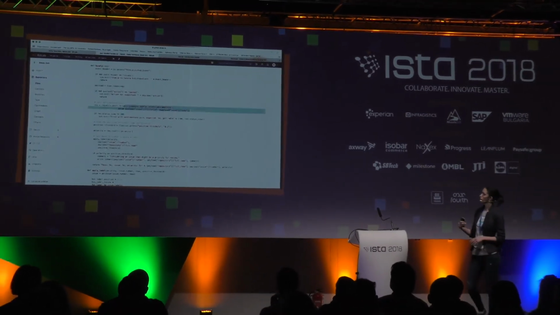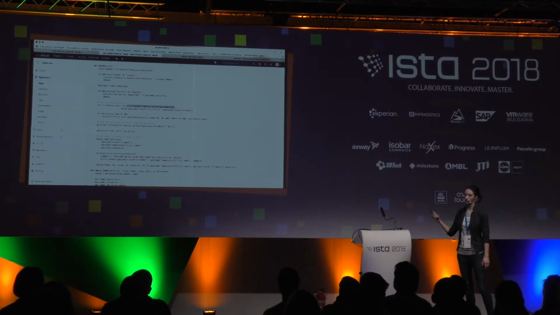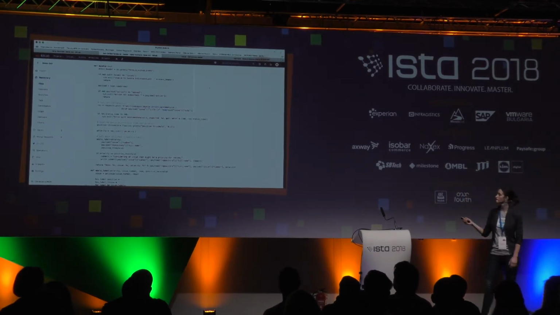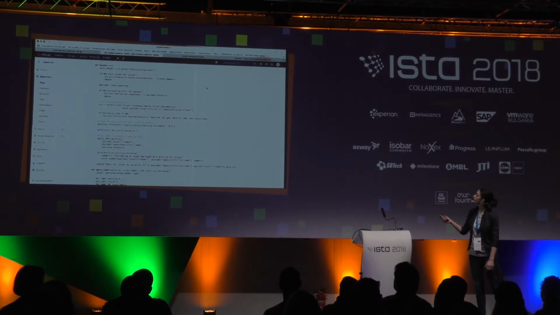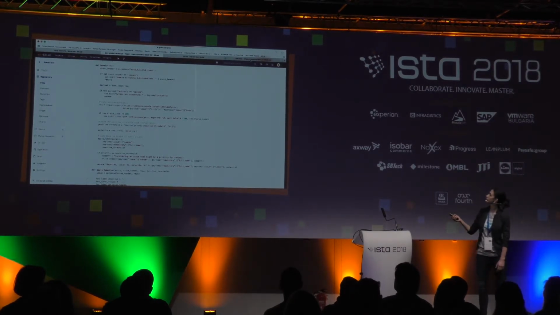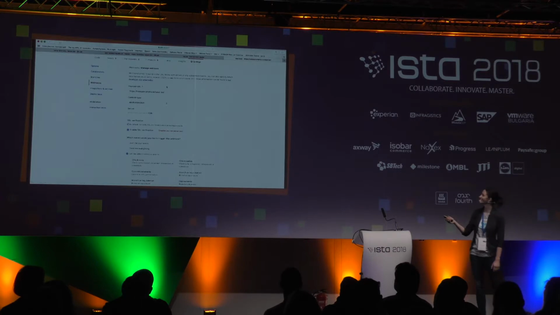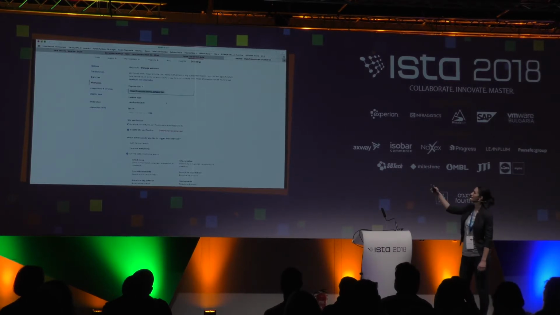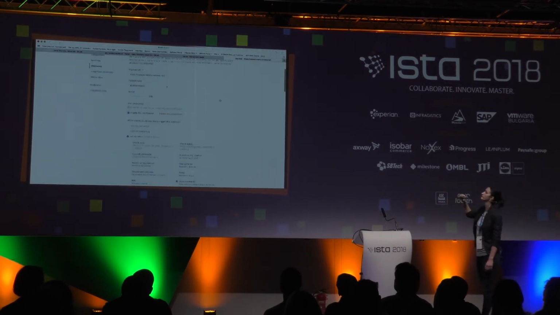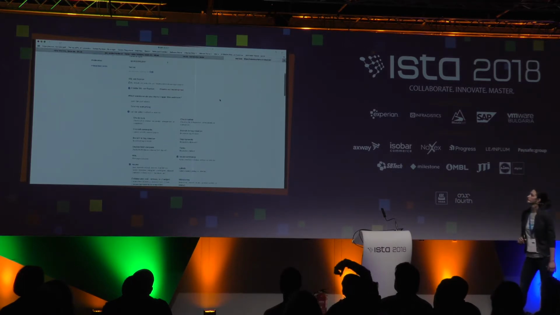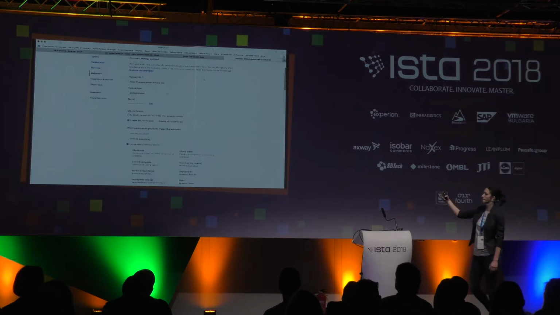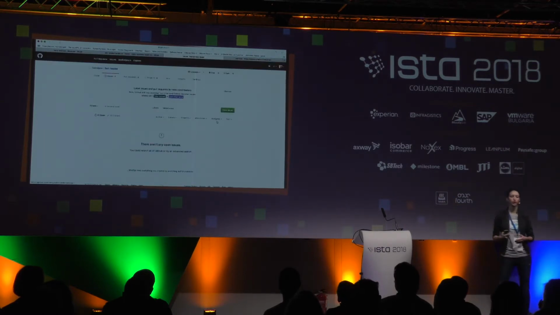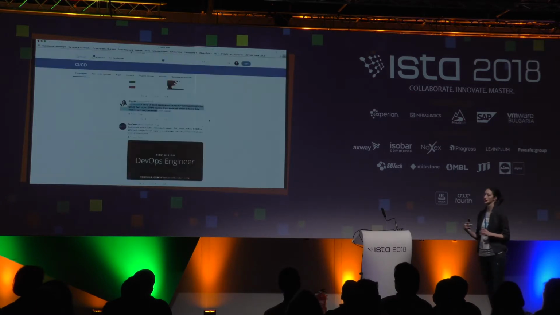I defined a webhook in the repo that is linking. I think I'm going to show it here. With videos, you have to predict what you're going to do next. This is the webhook. This is a link to my function. And here I set an event for issue comment and issue create. And my function is invoked if this happens.